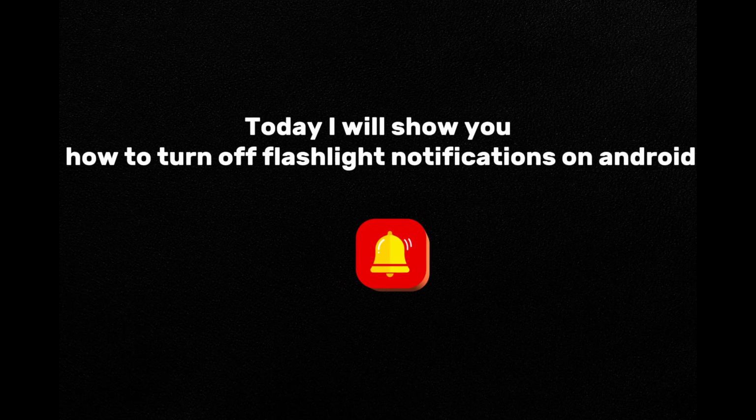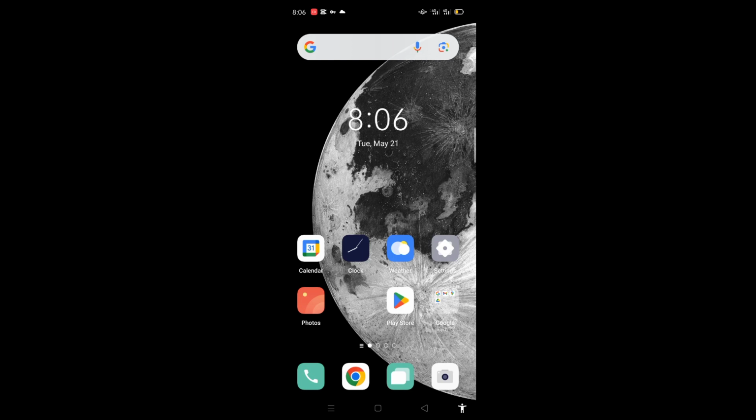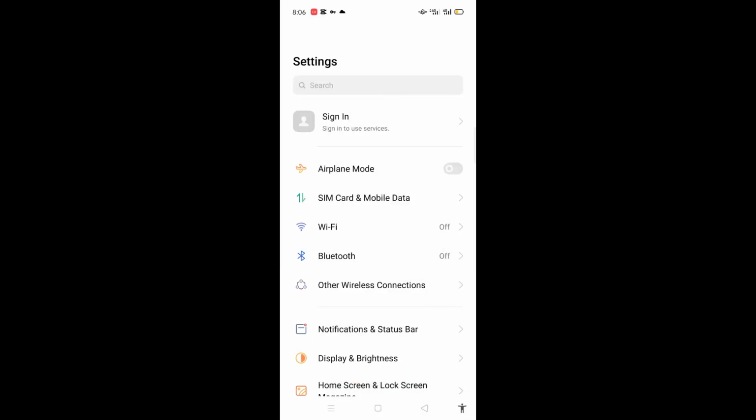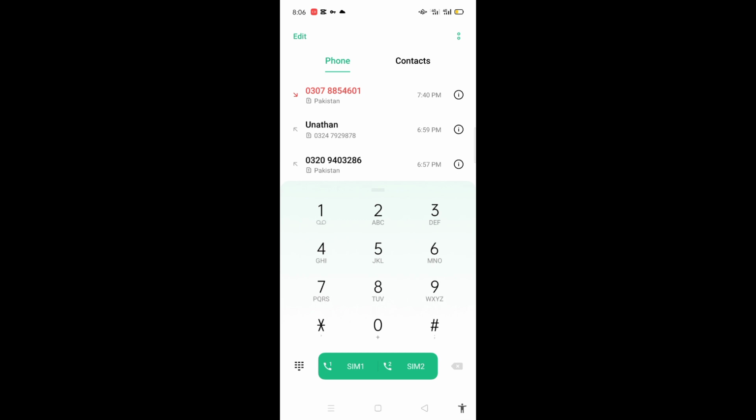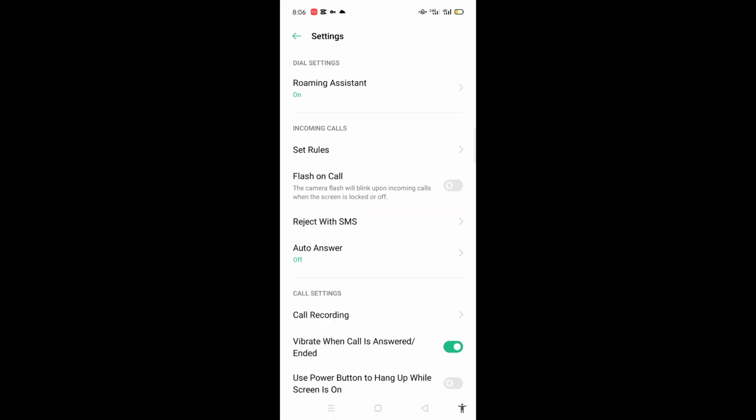Today I will show you how to turn off flashlight notifications on Android. So you have to open the settings or call log. So you have to open the call log and go to two dots on the top right corner, settings, and you have to scroll down,